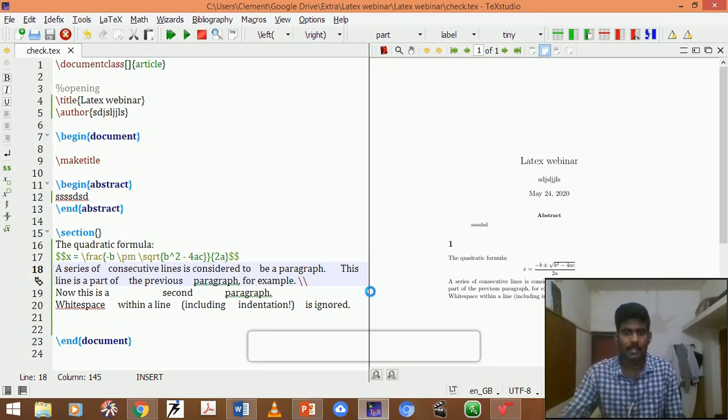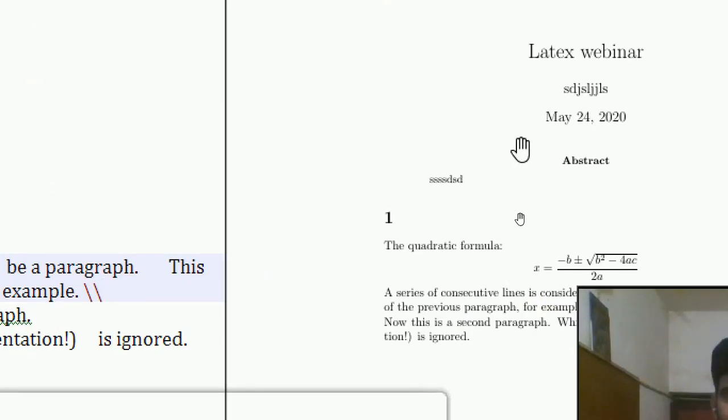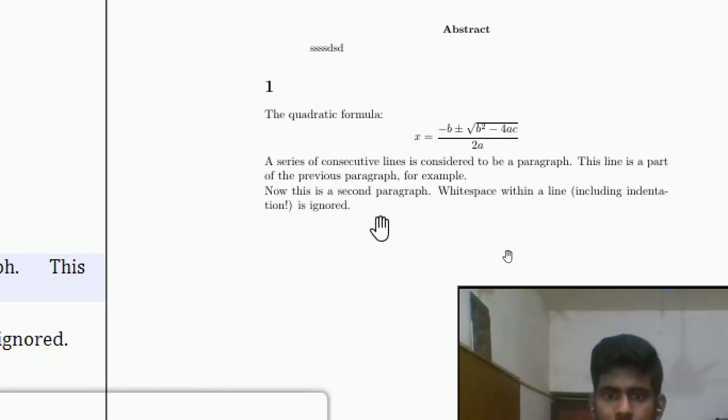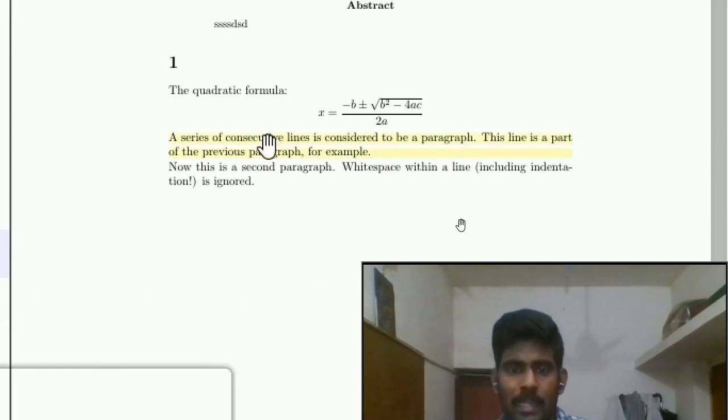After this, you can see that it forcefully created one more line, for example. Because of this double slash command, or instead of the double slash you can use the slash newline command also, that will give the same response in your output.